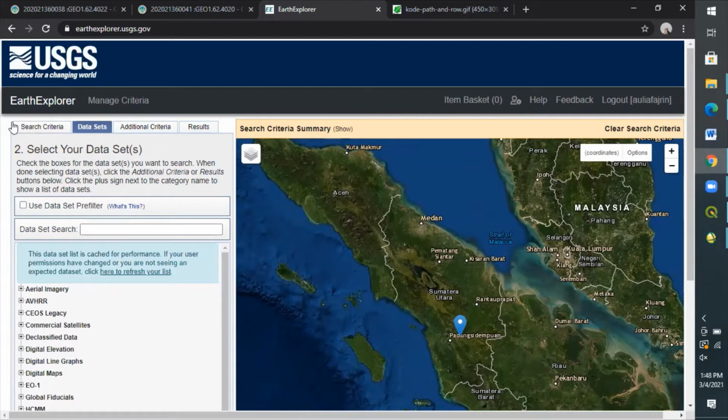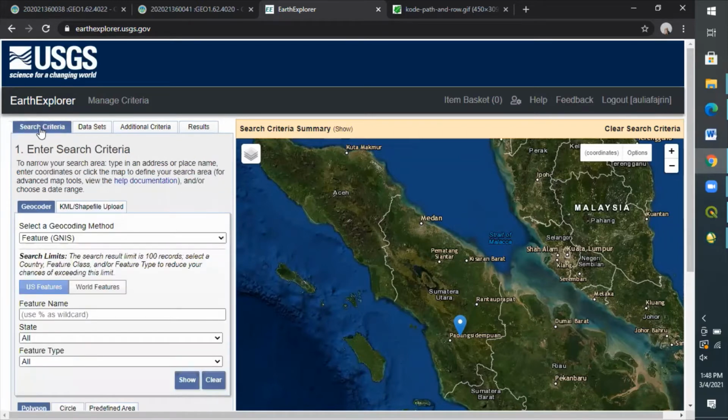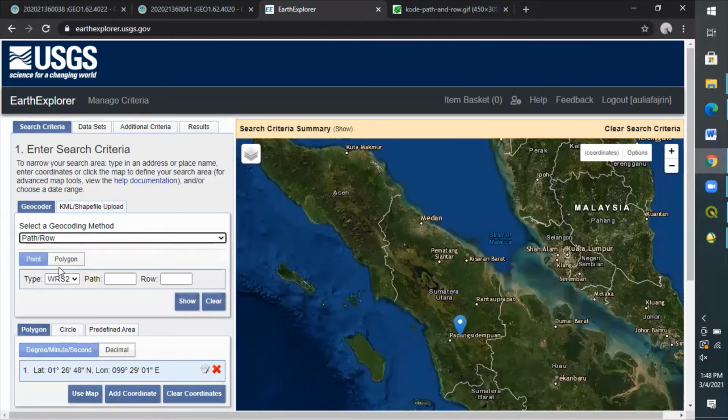To look for the area that we want to get the data for, you have to enter the search criteria first, and I'm just going to make it quick with the geocoding method. We will use the path and row method. Select it in here. Then after the columns for path and row appear, just like this, you just have to put in the code. For example,